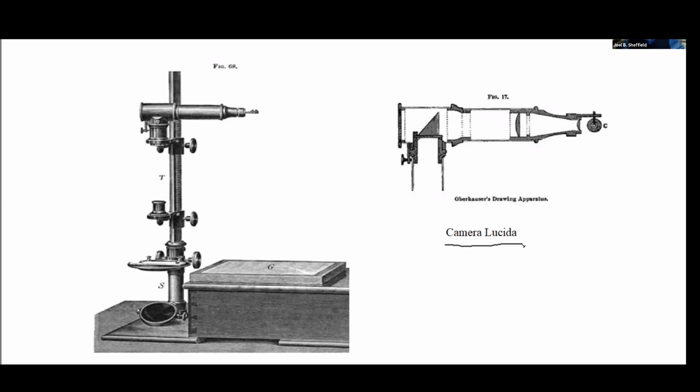And the idea of a camera lucida is that the image from the microscope, so you have a microscope down here, and you have a sample. The image of that sample is reflected to an eyepiece. Big deal. That's just like any other microscope, right? You look through the eyepiece. But at the same time, there's a device here which is very poorly drawn for some reason, because it doesn't tell you what it really does. Okay? What this thing is here is